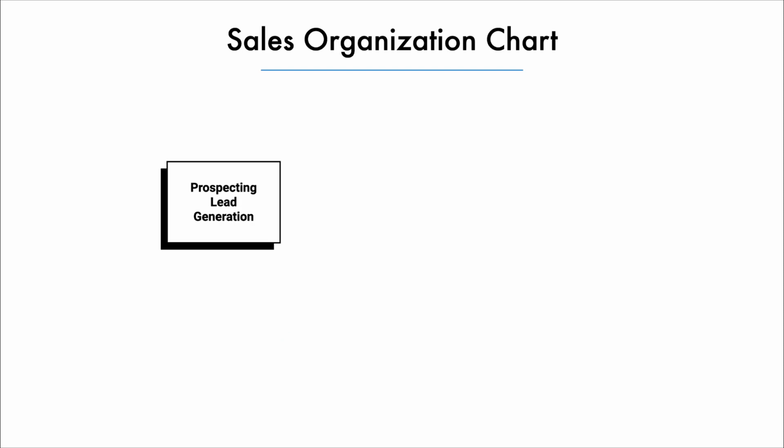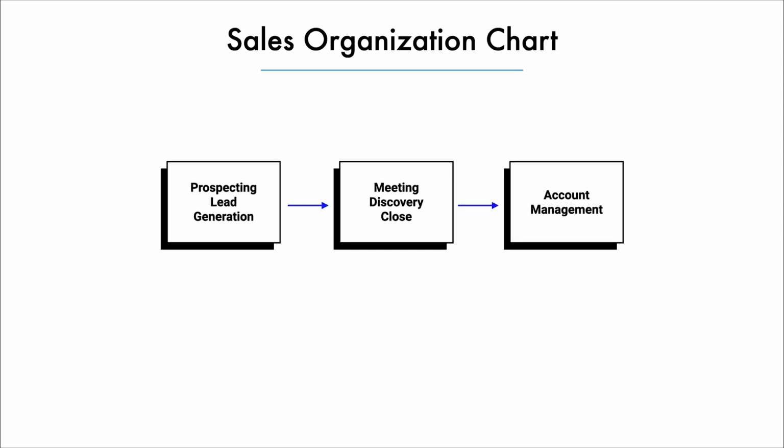When we're looking at the sales organization chart, basically there are three main steps. First one is prospecting and lead generation. That's generating leads with, let's say, strangers, and you're trying to close them. Once you generate the meeting, you move into the meeting phase, discovery or closing, meaning that someone has to talk to the person, build a relationship, do a presentation, and close the deal. Finally, after the deal is closed, there are salespeople who are part of account management, meaning that they make sure the customers are happy and they continue to upsell and cross-sell different products and services to that customer so that they can keep generating revenue from that customer